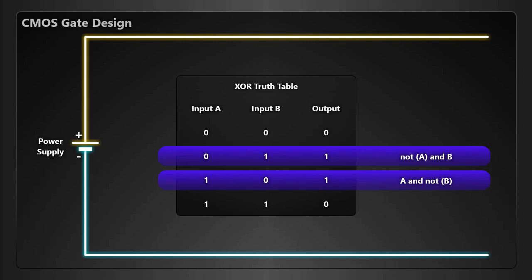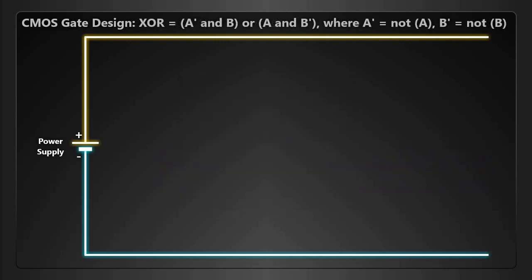Now let's try to implement this. We notice that we want a not A, so we must make an inverter for the A signal, outputting an A prime signal. We will not draw the inverters for this example, as we have up to now extensively seen how to implement a NOT gate. We rewrite not A as our new signal A prime. We also want a not B, so again we must make another inverter for our B signal that gets us a B prime signal. Since we now have both A prime and B prime signals, we can write XOR as A prime and B or A and B prime.